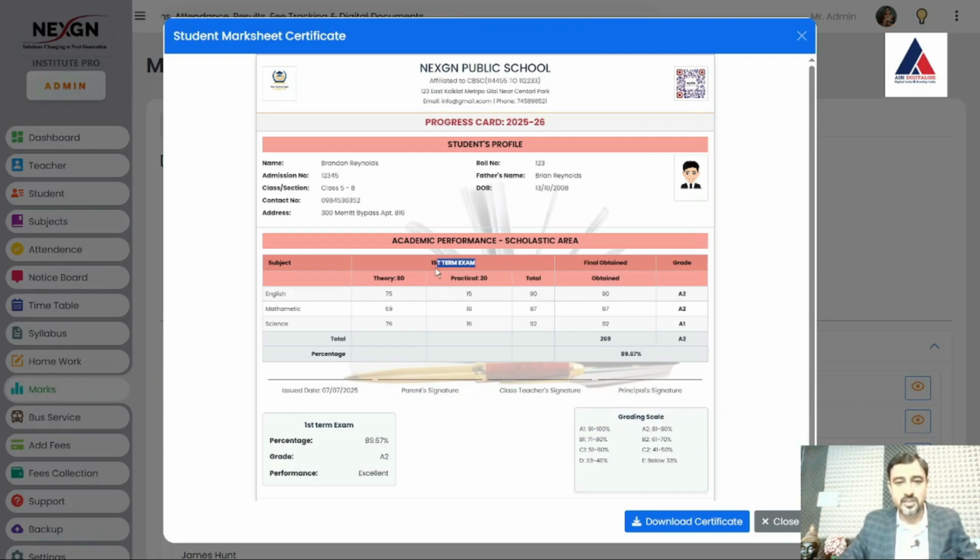First terminal examination, theory, practical, out of 80, what is the marks students get, and total obtained mark and grading, right? So if I wanted to download, I can download. If I wanted to close. The grading scales also given over here. So what is the percentage students obtained, what is the grade, and performance excellent,